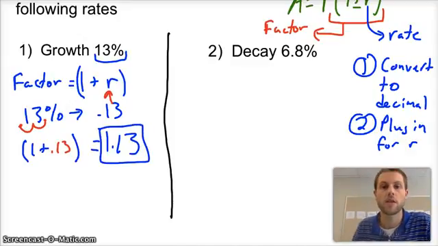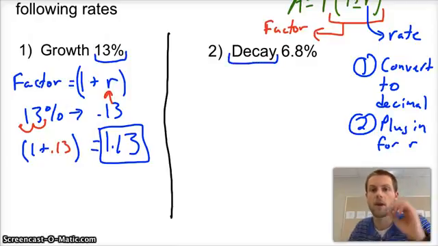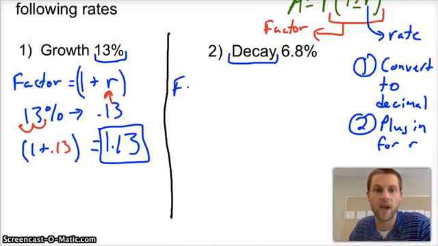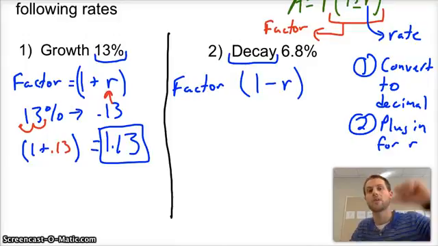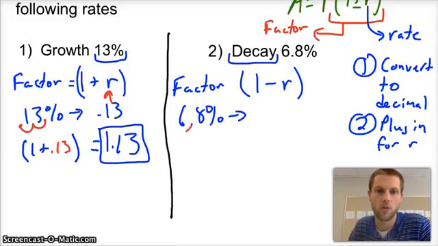That's it. Second one, the only difference here is I have a decay, and that's going to be a key thing to keep in mind here, because now when I'm looking at my factor, since I'm decaying, I'm going to use the subtraction of my rate. I'm decreasing by whatever my rate amount is. So let's convert 6.8% into a decimal. I'm going to move that decimal place over 2 times, fill that gap with a 0, and my decimal will be